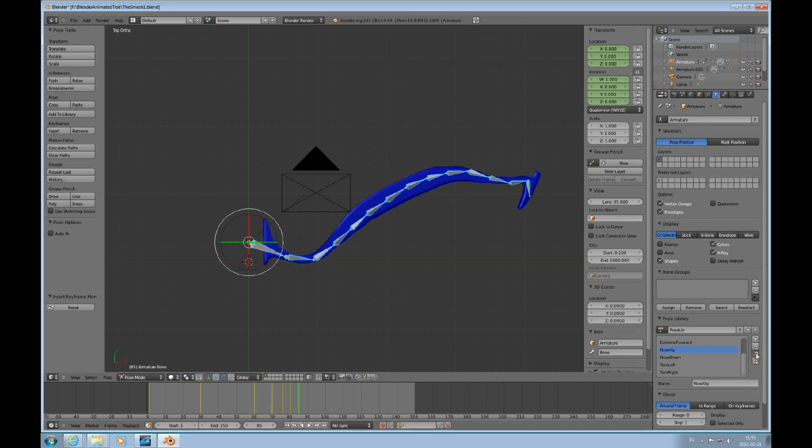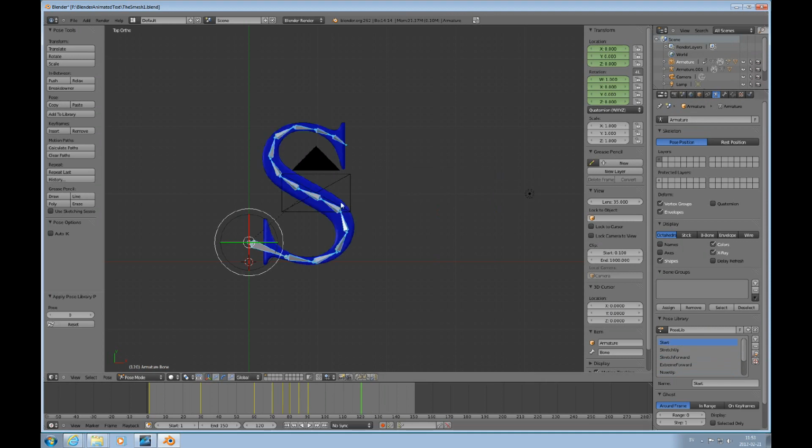Nose up, and I. This is very basic animation, but I think it's quite a powerful tool. I mean, it makes it really simple to do this. And then I. And then I would like to move forward a little bit in time and go to start. Record that,